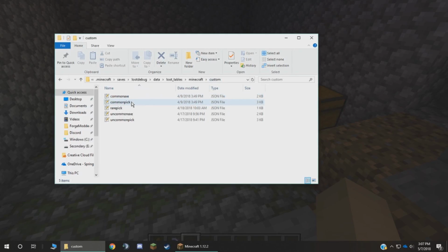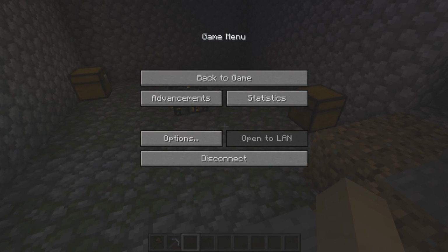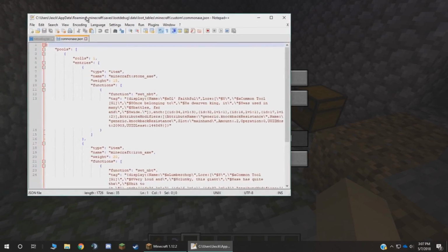And you have your axe, pickaxe files here. And what I've done is I've named them appropriately. So far there are 3 tiers to each item, right? And I'll show you each of the items in a moment on a single player world. But what the files are, if you've never seen one of these types of files,